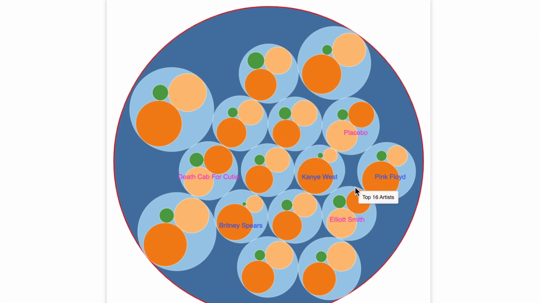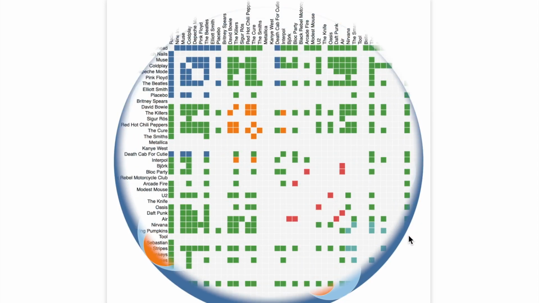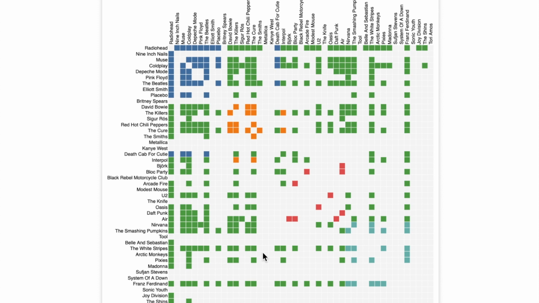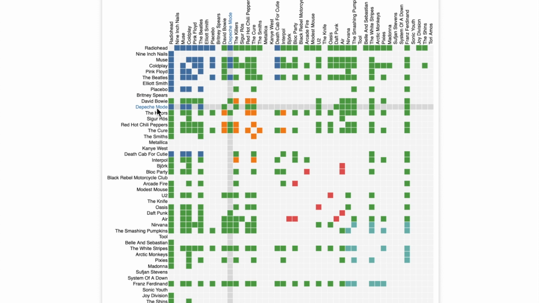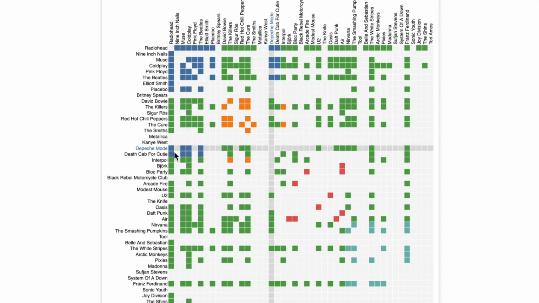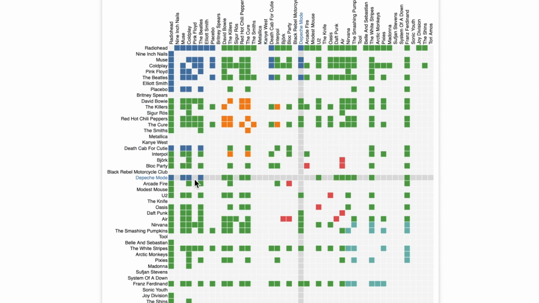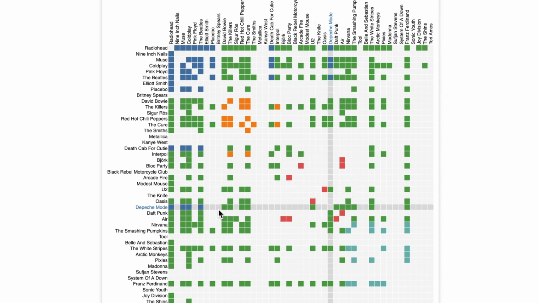For Kanye West, we find a disproportionate split between the genders, suggesting that this artist is more popular among male users. The plot shows a visualization of the 45 most popular artists in our dataset and how they are related with each other. Two artists have a connection if they were listened to by the same user. The presence of a color cell indicates a synergistic connection between the artists. Hence, this visualization shows us the artists that tend to be listened to together.